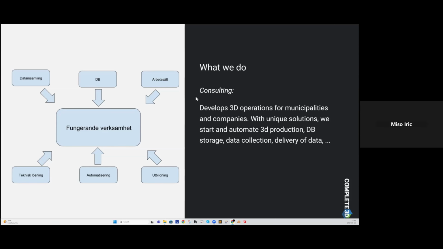We are building 3D and 2D databases with them, teaching how to store data, how to work with data and gather it. Then we are educating them in different software and solutions, creating automation for this digitalization process, and then implementing different technical solutions in this operational pattern. So we are working very close to our customers so that they are able to have one flow and one sustainable data flow and data management.